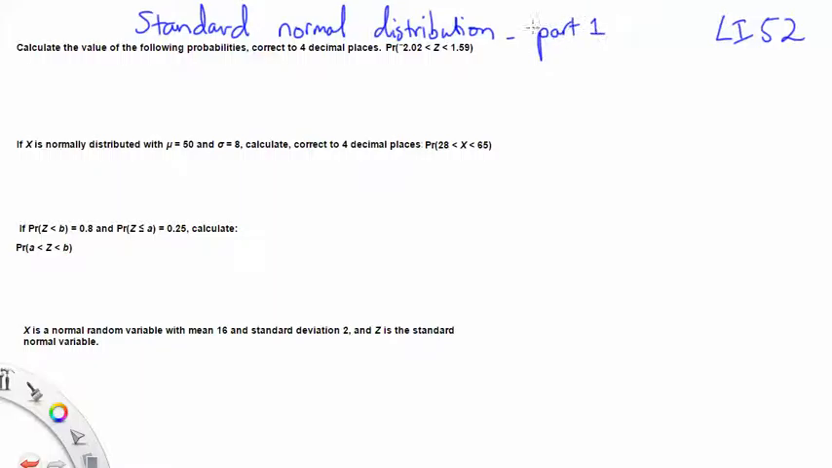Okay, so in the previous video we looked at the normal distribution. Now we're looking at a more specific case called the standard normal distribution. So I want to explain why we actually bother to look at this particular case, and then we'll go through some examples. If you remember from the previous video, we met this probability density function called the Gaussian distribution